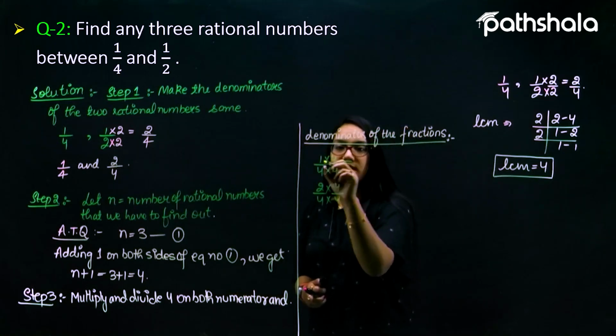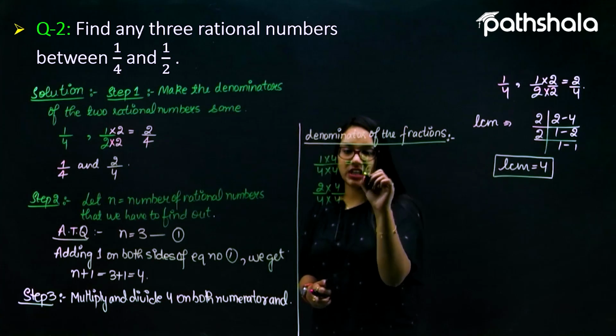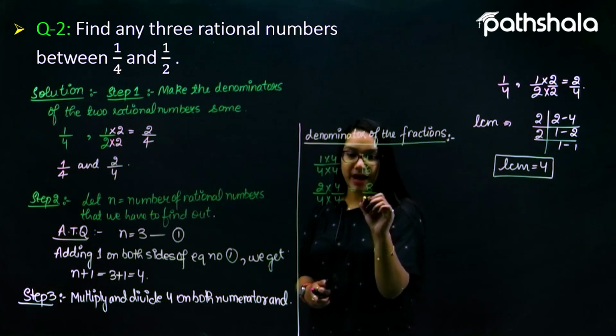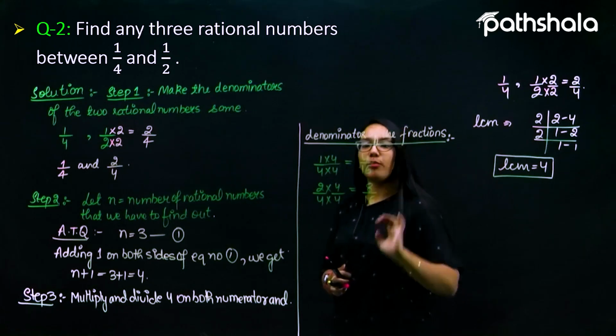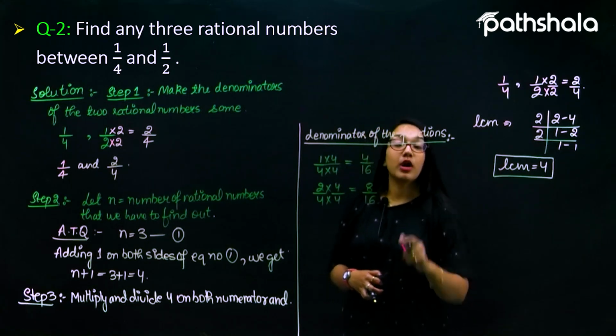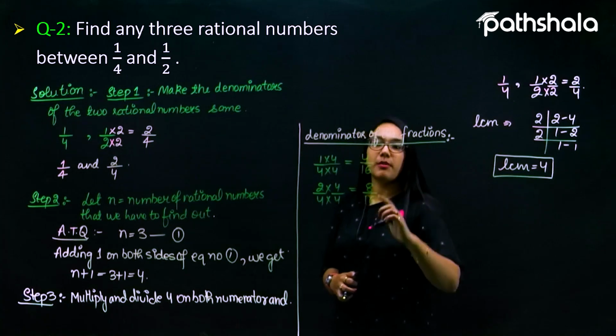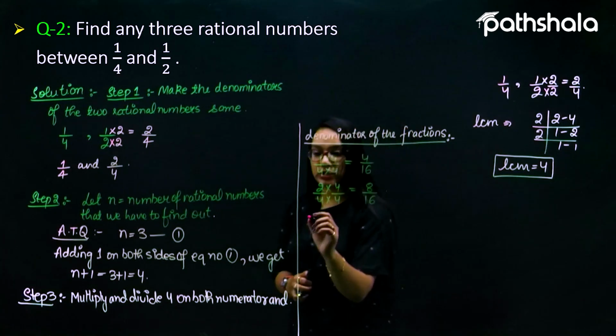We will get the answer as 4 ones are 4, 4 fours are 16. This will be nothing but 8 by 16. So this is 8 by 16. This is nothing but 4 by 16. Now we can find out the 3 rational numbers in between these two, because in the step